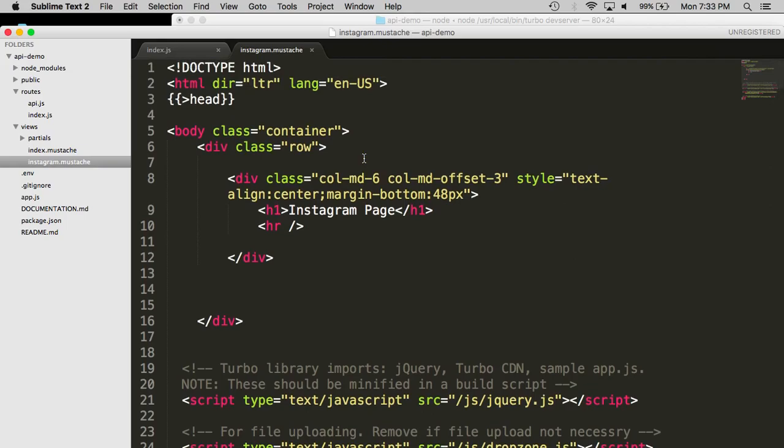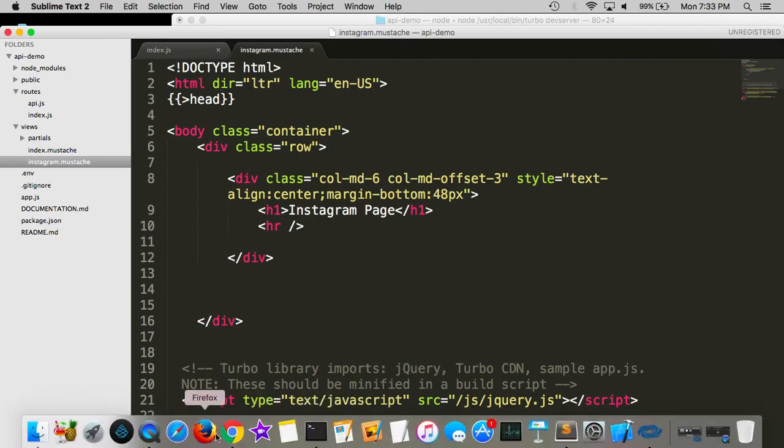Okay, so we want to make this even more dynamic, right? What we want to do is have it load a feed, an Instagram user feed, based on the username parameter. In other words, we need to know whose Instagram feed to load, is what I'm trying to say, right? So we want to add a query string parameter in order to do that. So here, what we want to do, for example,